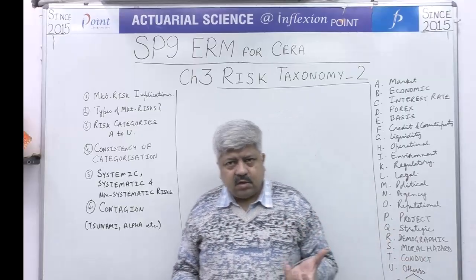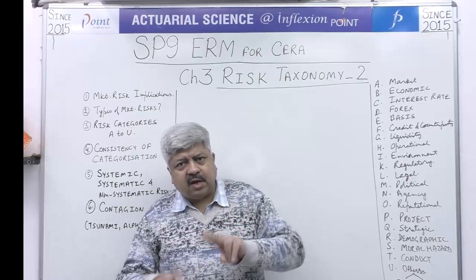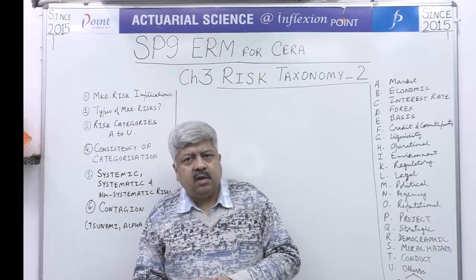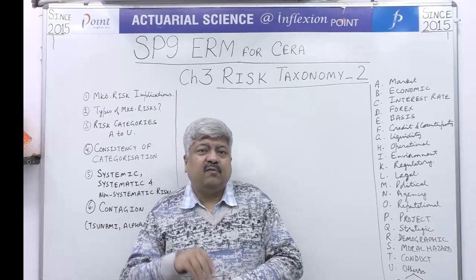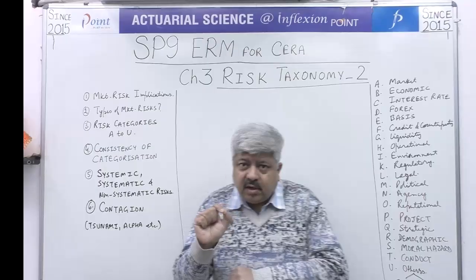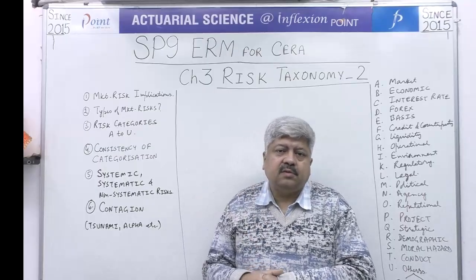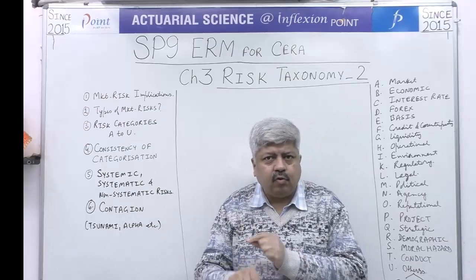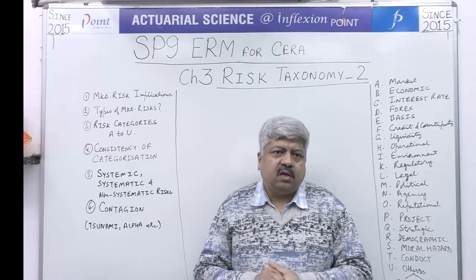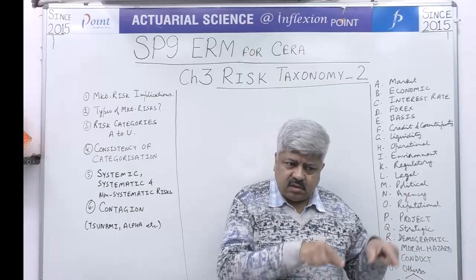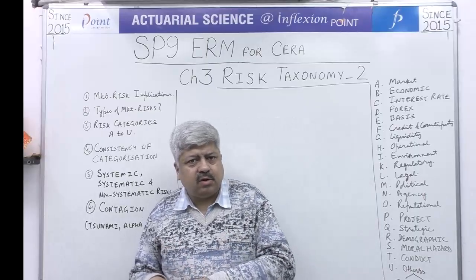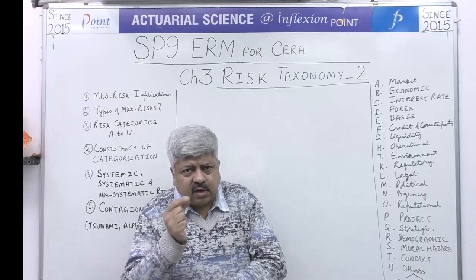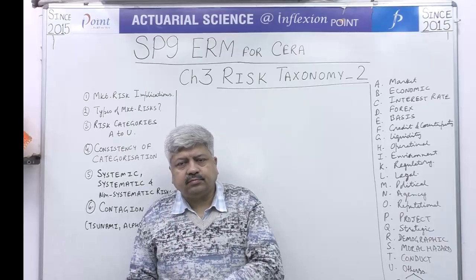But of course, if you have two experts, both categorize based on origin, and then if their categories do not match, then there must be some finer points, some nuances that you have to go into to figure out why Mr. A says it is risk A, while at the same time Mr. B says no, it is risk B. So you have to catch those nuances.